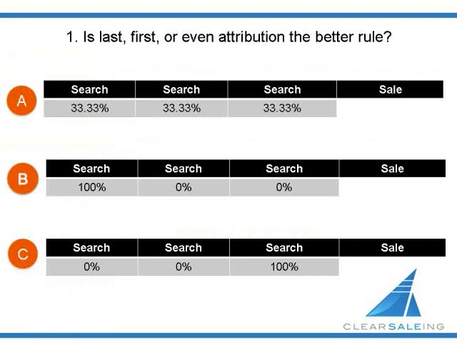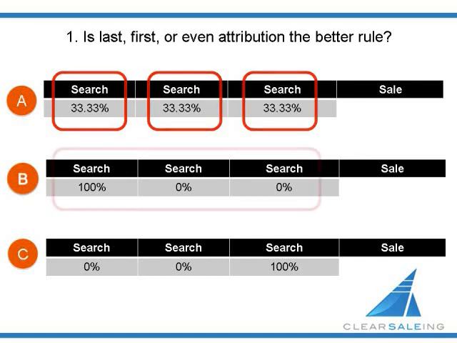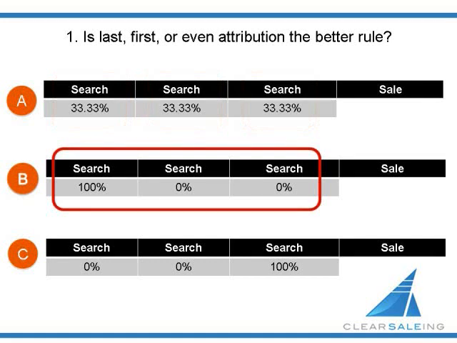If you voted for Attribution Rule A, you believe all ads are equally important to the sale and were a crucial part of the purchase process. Therefore, the credit is split evenly among the 3 search ads. If you voted for Attribution Rule B, you believe the first ad is the most important. Without that first ad, the consumer might not have discovered the Finish Line after the second and third searches. If Finish Line did not show up for the very general term running shoes, they may not have been included in this user's consideration set.